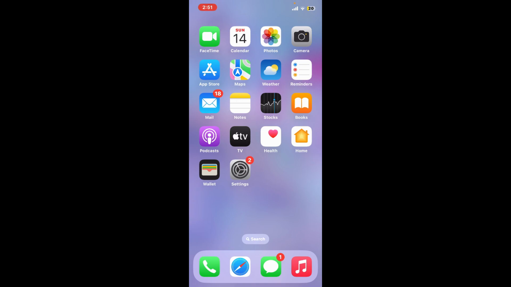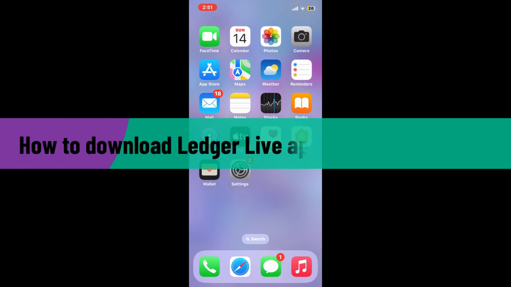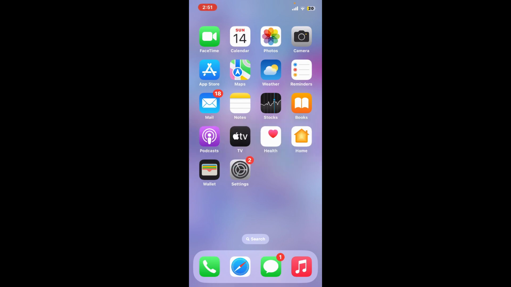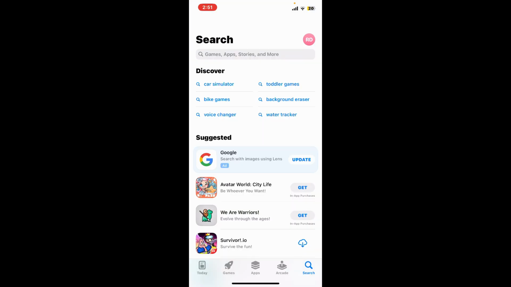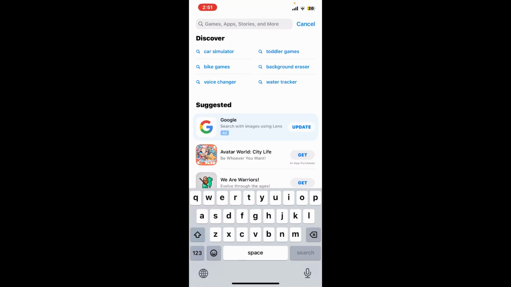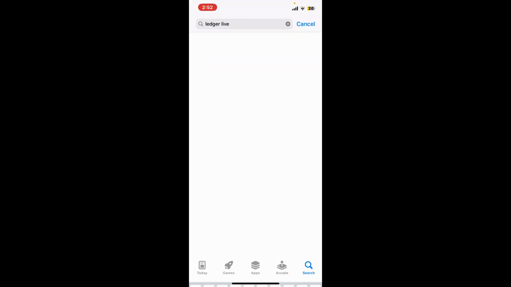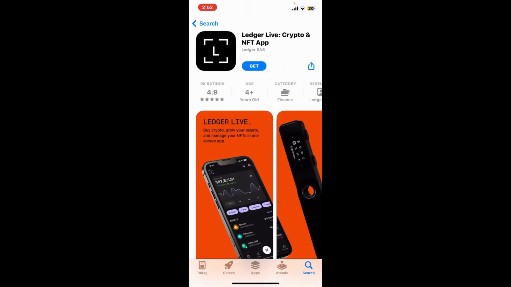In today's episode, I'm going to be showing you how to download Ledger Live application on your iPhone. So let's get started. First of all, make sure that your iPhone is connected to a stable internet. Once it is, open your App Store. In the search box appearing at the top, type in Ledger Live and search. Look for the Ledger Live crypto and NFT application from Ledger SAS and tap on the Get button to start